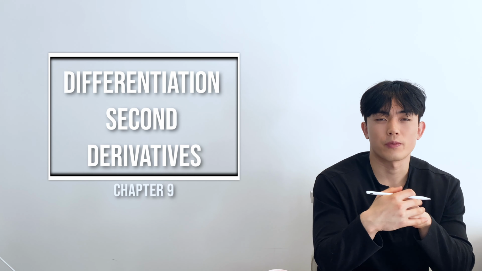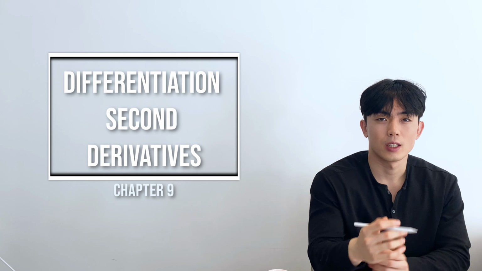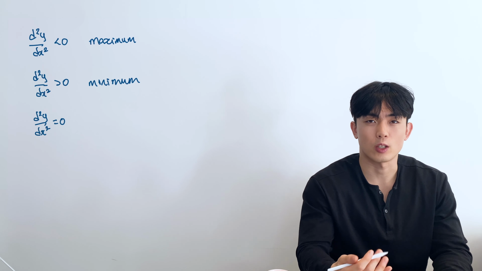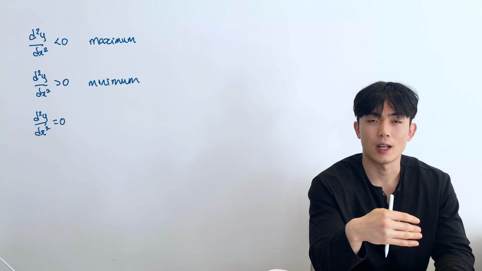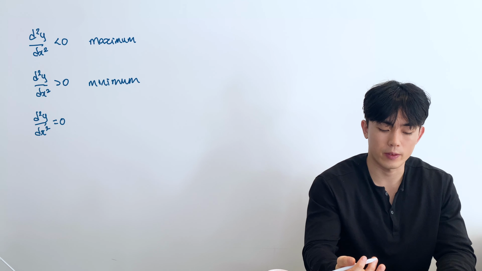Right, so we've looked at all the different differentiation techniques. And so now we can look at the second derivative. In the first pure book, Pure 1, we looked at the second derivative because it told us whether a stationary point was a maximum point or a minimum point. However, it tells us a bit more now because we can actually say whether it's a concave or a convex